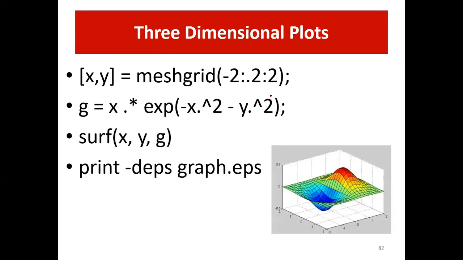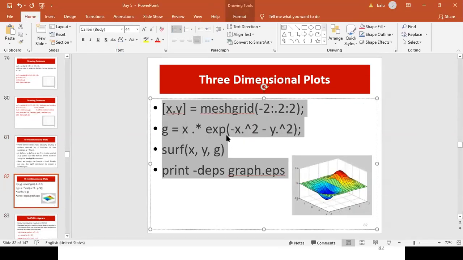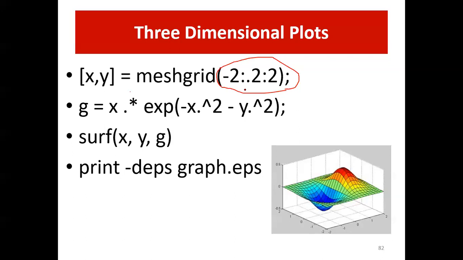You can remember what type of command we are going to use for this type of three-dimensional plot. Here we can create it in three dimensions, so with meshgrid we can mention three values. That's why we create these three values, after which the three-dimensional diagram is generated. So how will it create this three